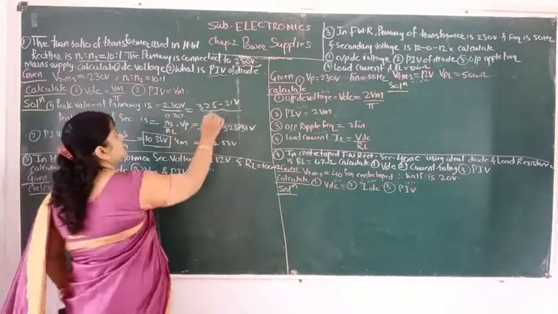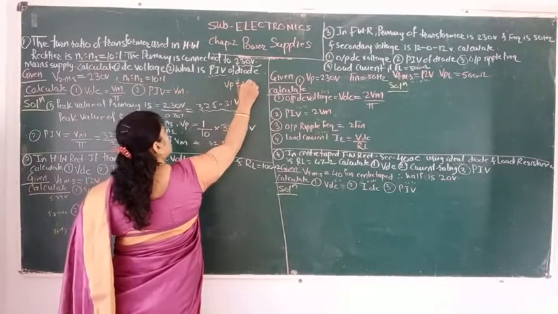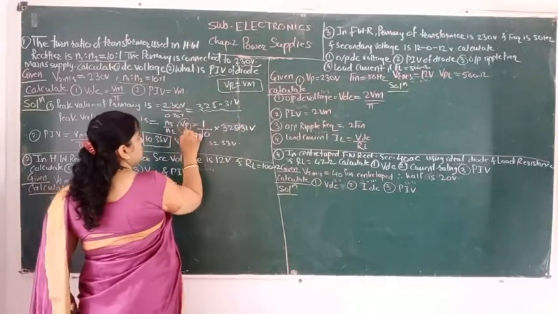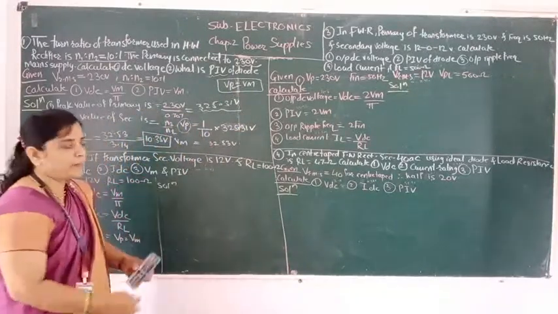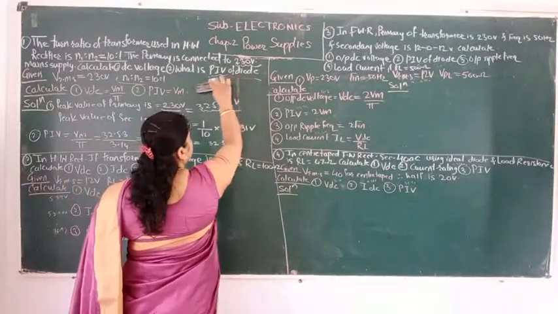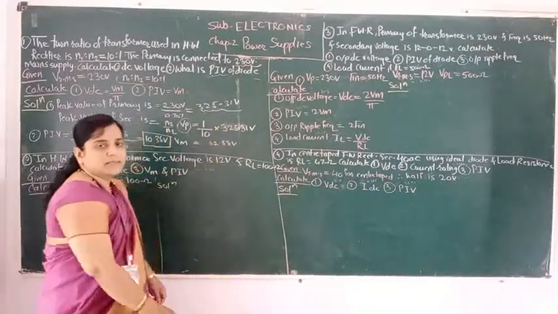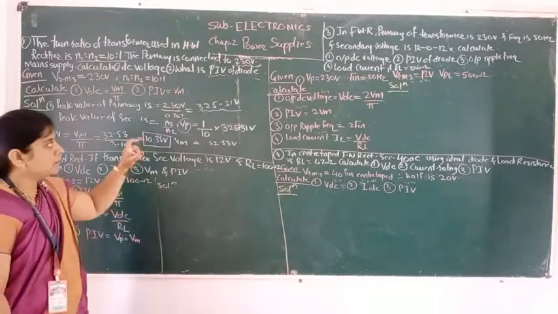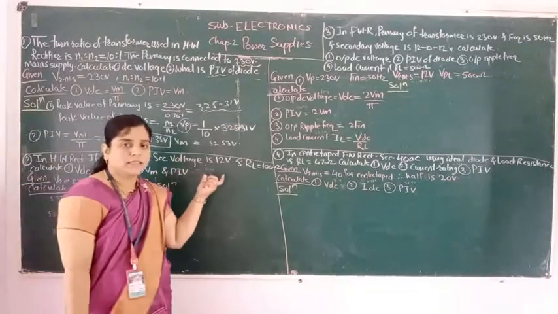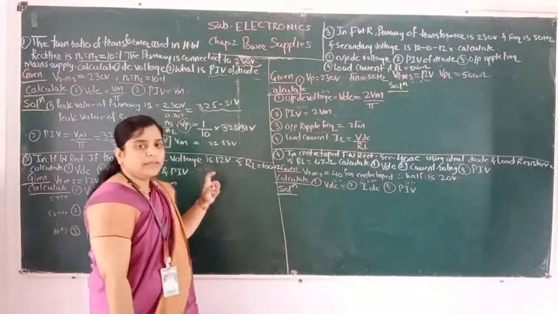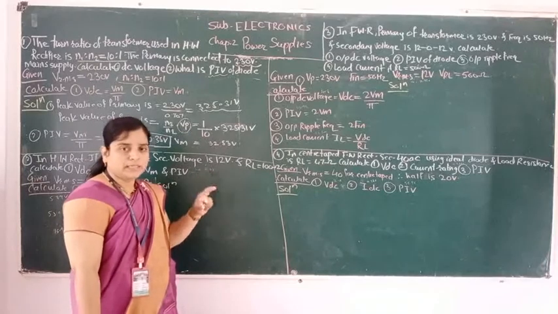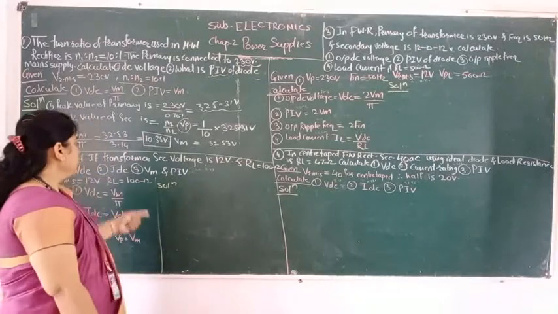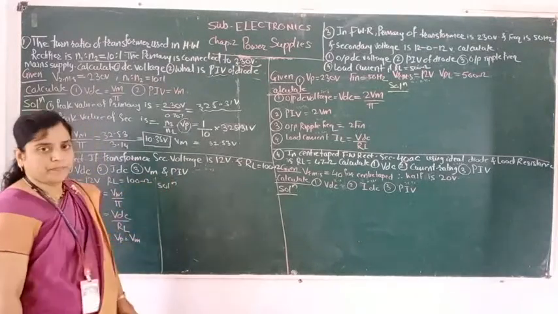VM means peak voltage, and we can use this here instead of VM. VM and VP are the same. VP is equal to VM, that is the peak voltage. But here that is not the peak voltage, here I have taken the primary voltage. Okay. So keep in mind that in some texts it is indicated by VP and in some texts it is indicated by VM. VM and VP are the same, which is nothing but the peak voltage. Okay. So what is given here? Calculate VM and PIV.